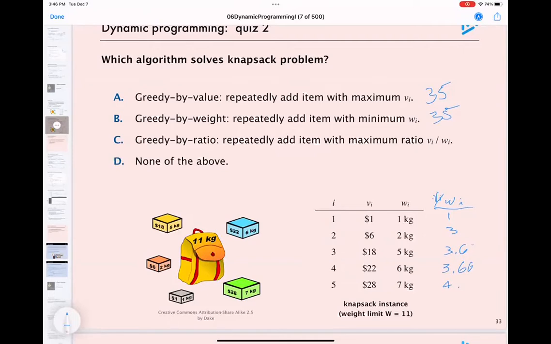So the order in which these items are in ratio is also the same. We start with the maximum, which is this one, then this one, and this one, and this one, and it would arrive to 35 again. And what if